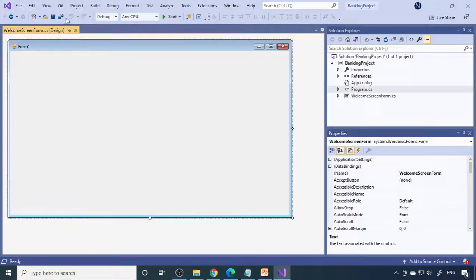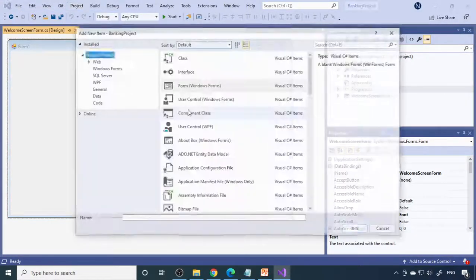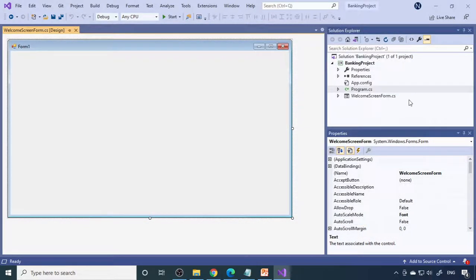But when you take the next one, you don't need to do all that. So go to the project menu, add windows form. So here is a windows form. So here only you can give the name. So once you give the name, for the physical name and in the project, in both the places the name will be changed. So this is form 1.